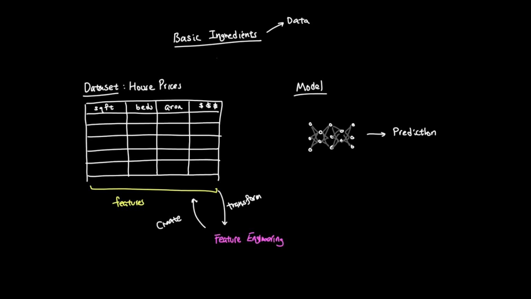Features can also come in different forms. Some are numerical, like square footage or age. Others are categorical, which means they represent categories like neighborhood or house style. This matters because models usually work with numbers. So categorical features often need to be converted into a numerical format before the model can use them. That conversion is part of data preparation.